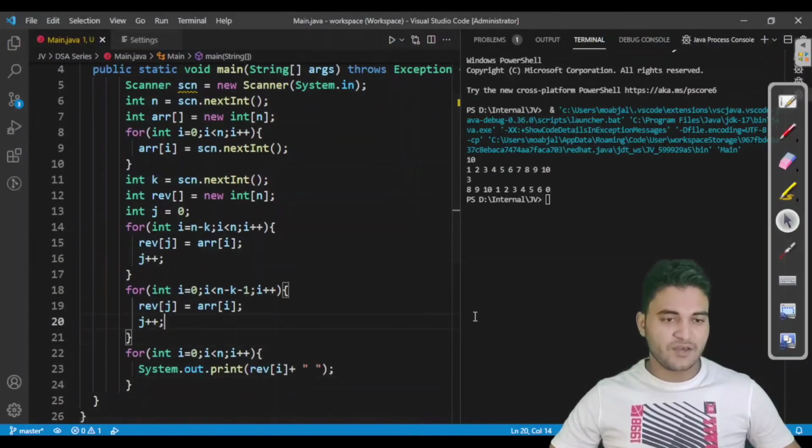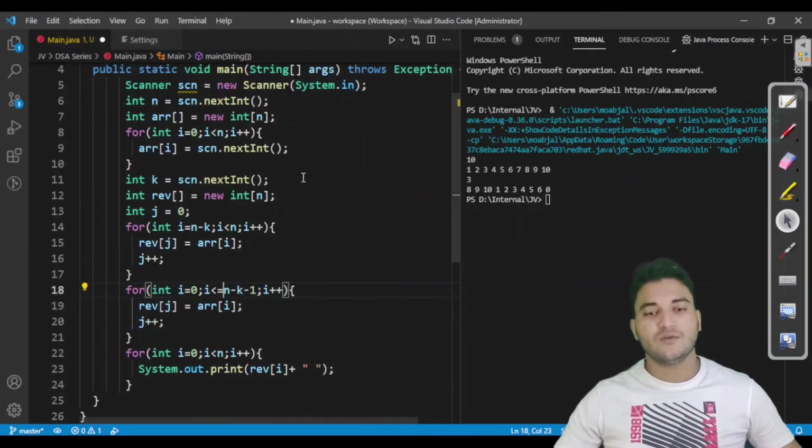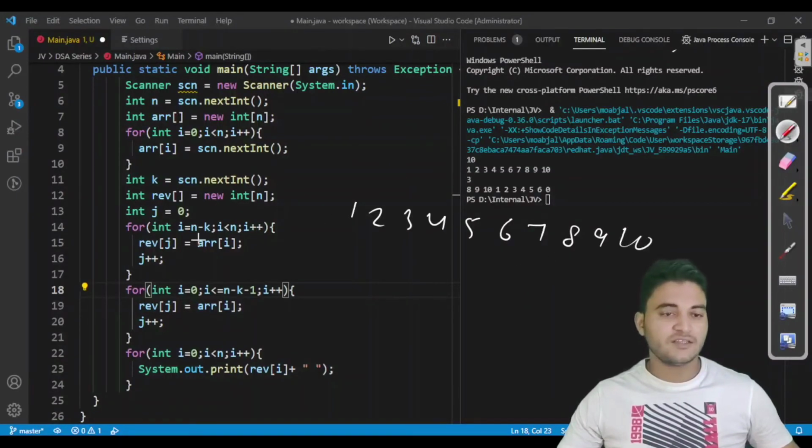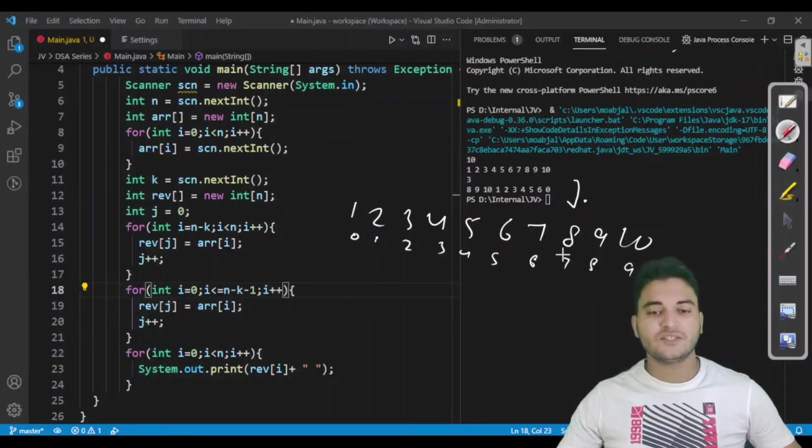So we have 8, 9, 10, that is correct. And okay, so we have to go till equal to, because this condition would execute in this case till 5. Let me explain also. Let us say we were having 1, 2, 3, 4, 5, 6, 7, 8, 9, 10. So in this loop we have started from here. Indexes for this are 0, 1, 2, 3, 4, 5, 6, 7, 8, 9. So we have started from 7, which is 10 minus 3, because size is 10 and k is 3. So we have started from here and gone till 9.